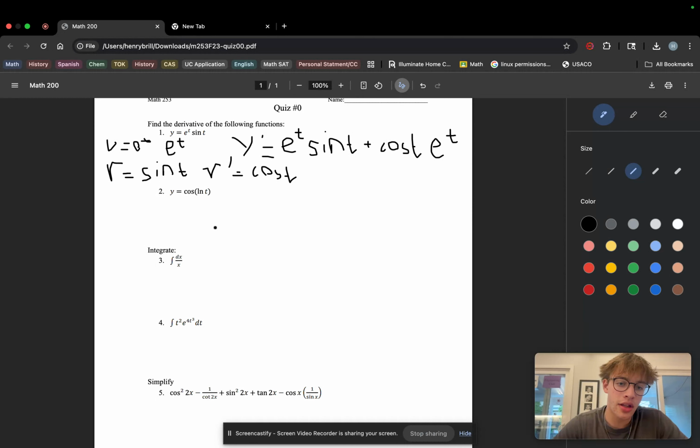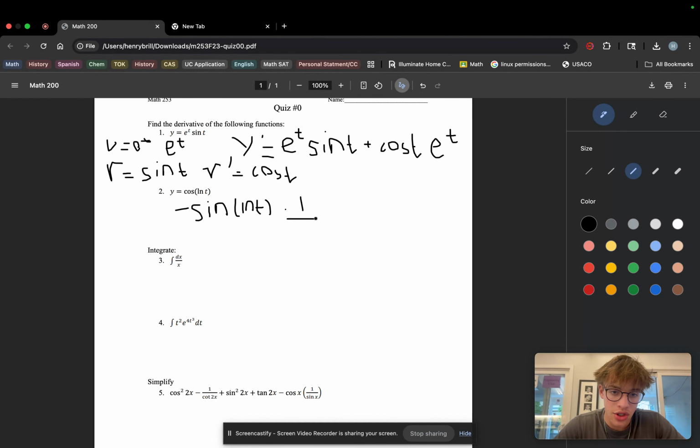Okay, now for the next question, you have to do the chain rule. So pretty much for this one, you have to do the derivative of the outside times the derivative of the inside. Derivative of the outside, so derivative of negative cosine. Derivative of cosine is negative sine. So negative sine, and you keep the inside the same for this part. So negative sine ln t, and then you multiply it by the derivative of the inside, and the derivative of ln t is just